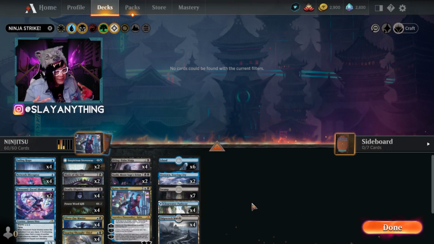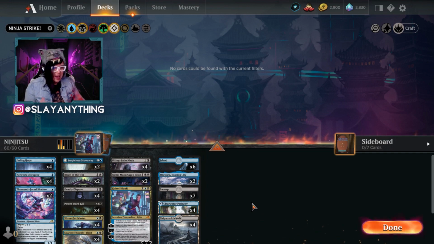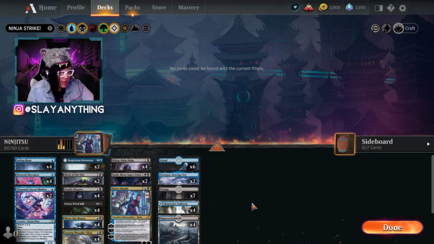Now, as far as if you guys should play the deck, I want to challenge you guys out there to come up with a super optimal build for this, because I like the idea of ninjutsu and playing these cheap creatures that sneak in and get you some really cool value. I just don't know if this is the most optimal build. This is a really fun build, and the reason I did it like this was because, first of all, I just wanted to try out some of the cool ninjutsu abilities,